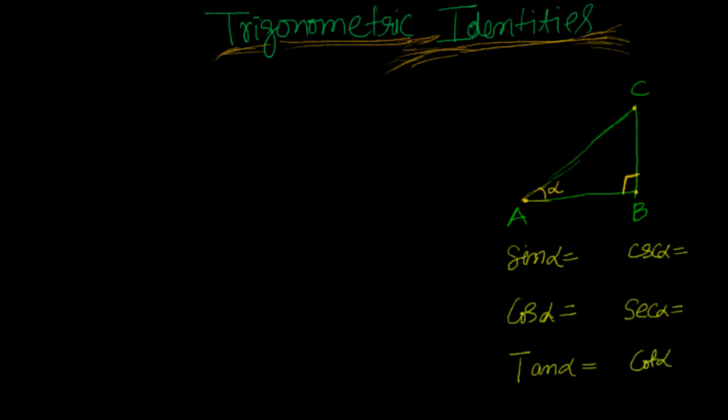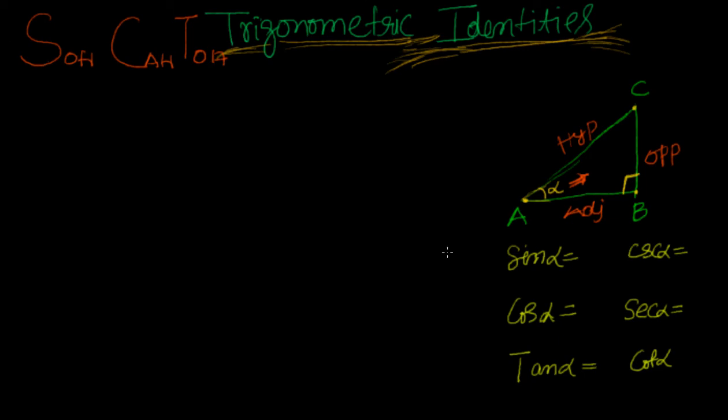You are looking from alpha, that's why I'll put it in red, so that I give you the values also in red. So this is from alpha, this is opposite, this is adjacent, and this is hypotenuse. And what is it that we know? S, C, T. Sine is opposite by hypotenuse, cos is adjacent by hypotenuse, tan is opposite by adjacent. So the rest are their reciprocals. Okay, right.